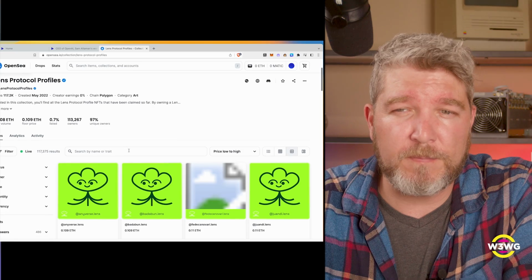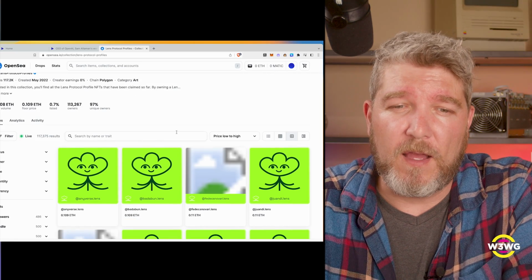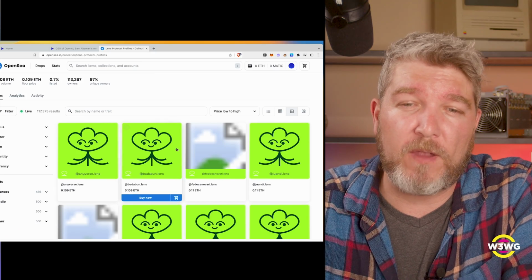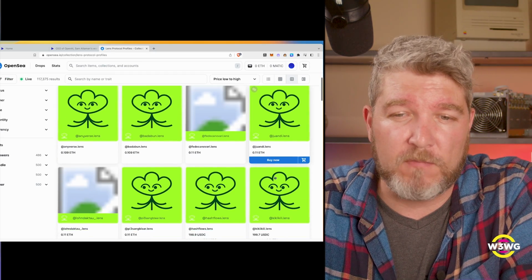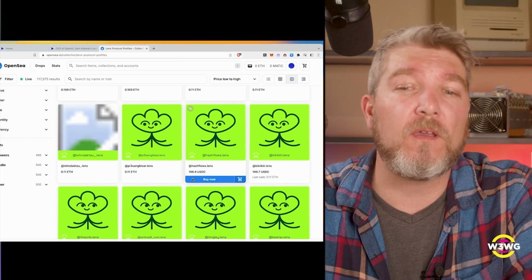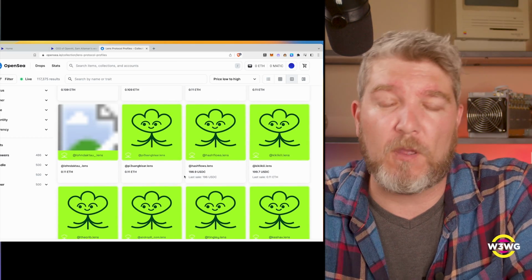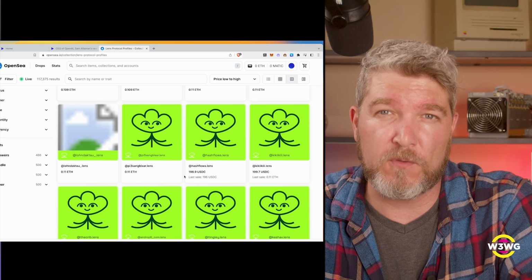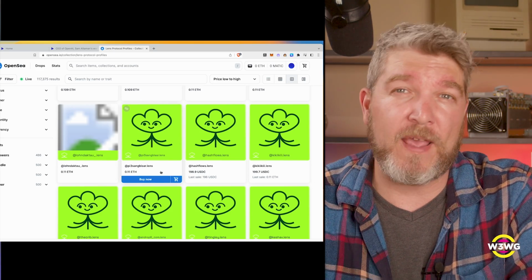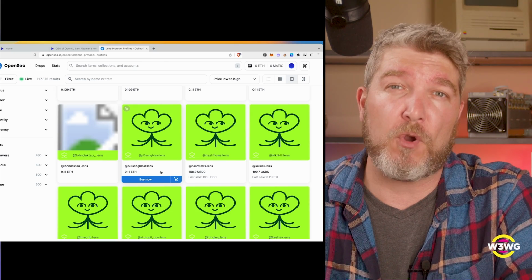There's a whole bunch of them, so on and so forth. I just want any profile because I just want to demonstrate using it, so I don't care about getting a particularly good name. Obviously there are interesting dynamics here. If you just get a random name, you're just getting the ability to post. If you get a really cool name or a profile that already has a bunch of followers, that can actually have some market value.